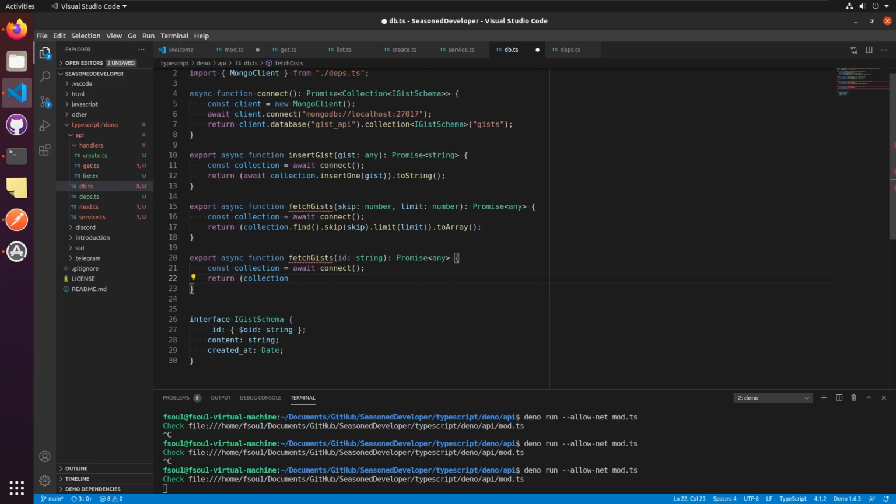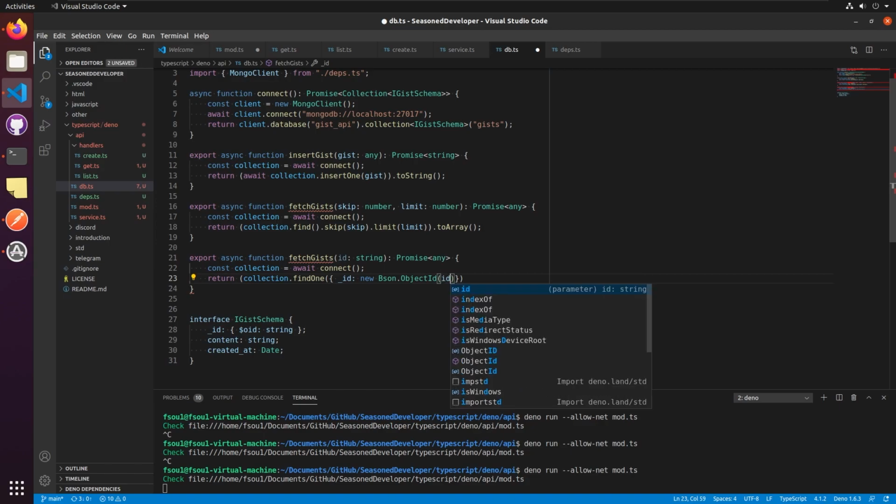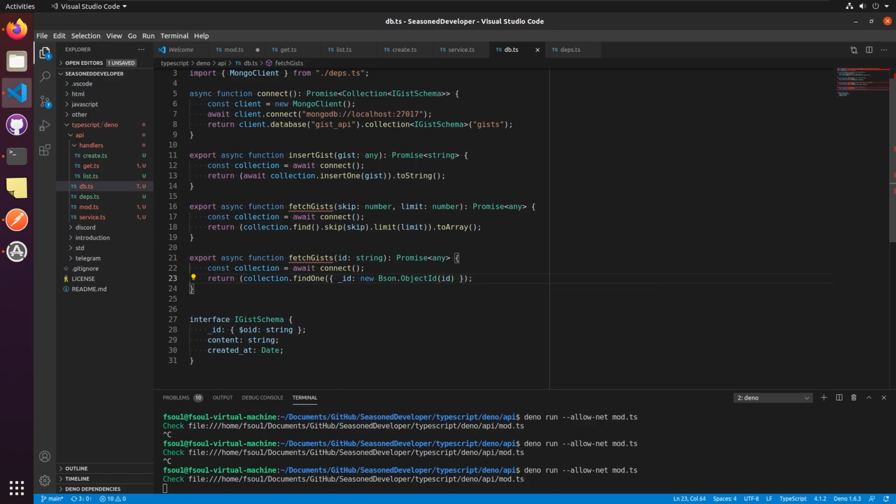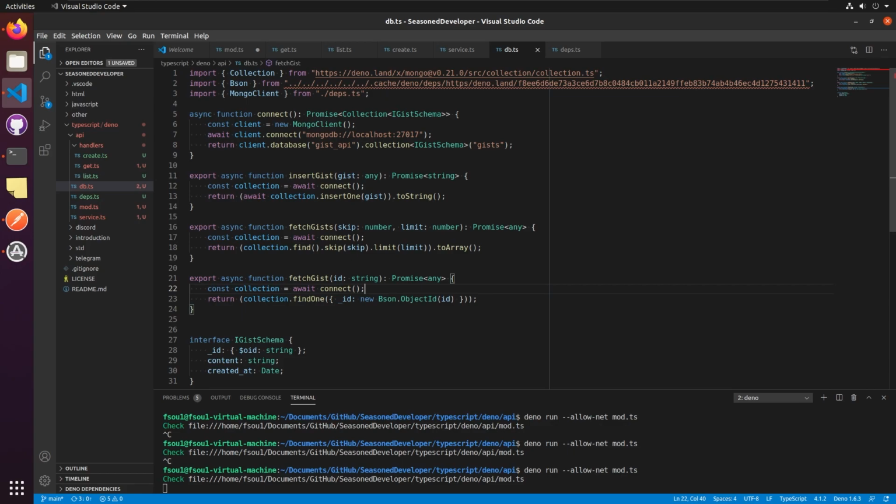The function that we need is called findOne, and here you can see that we need to pass the filter. As a filter, we need to say that we're looking for an object with the ID, like ObjectId of this parameter that was passed to this function. Let's name it like fetchGist. Don't forget the last brace. Since identifiers are persisted at the MongoDB in a special format, we need to use this ObjectId for our